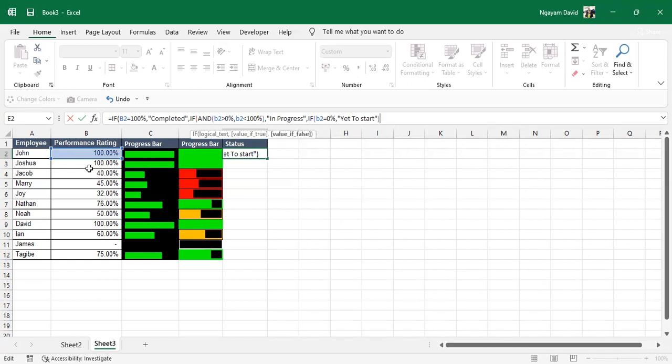So let's close the formula. Then when we click enter,